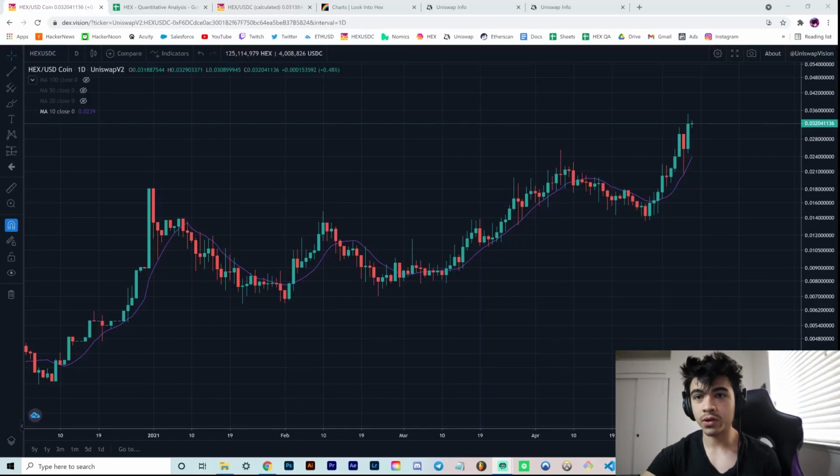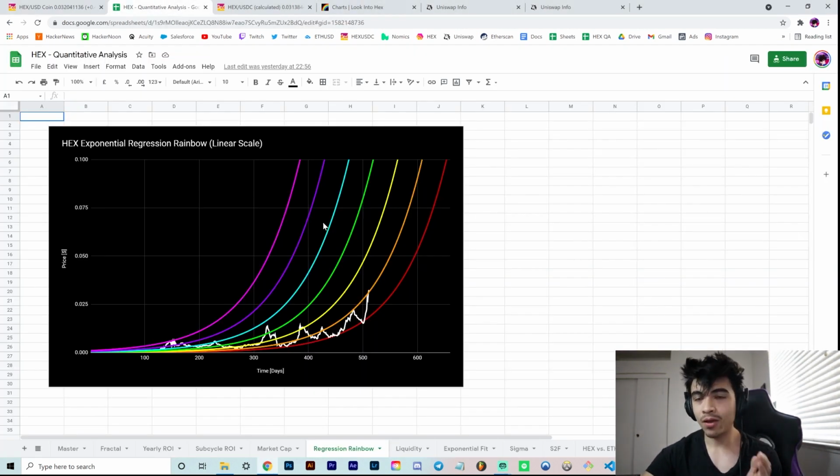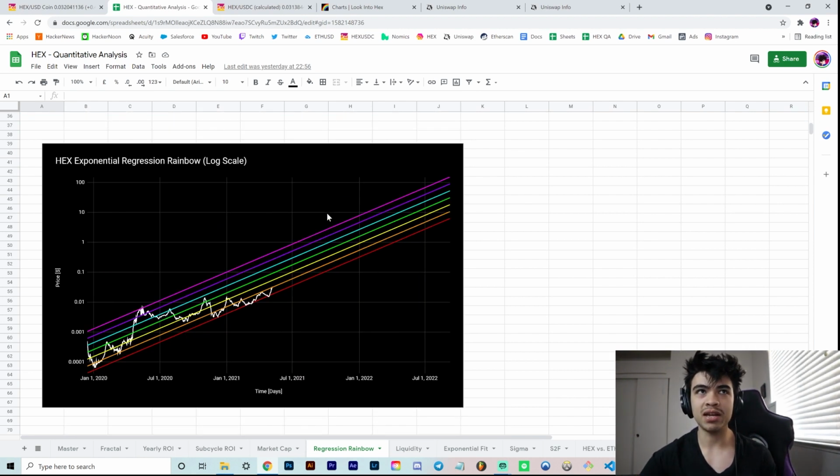So in this video we're going to be talking about HEX code orange. What do I mean? We just crossed the orange regression curve on our exponential fit for the first time since we had this peak back here in February, and before that, the last time we were above that was about